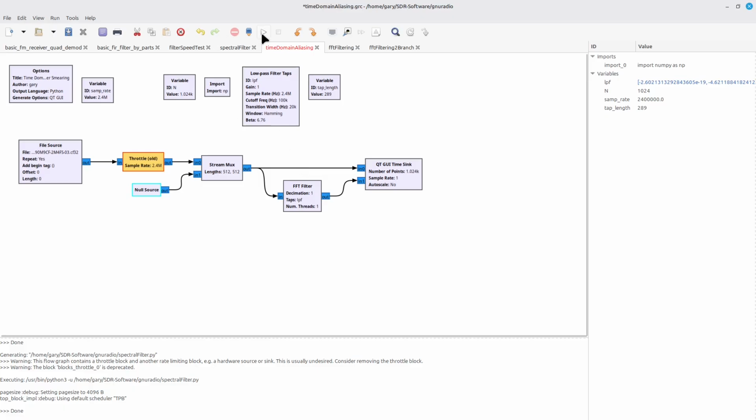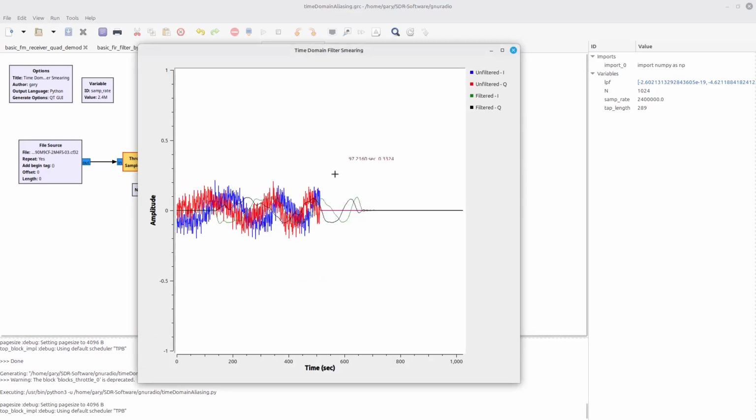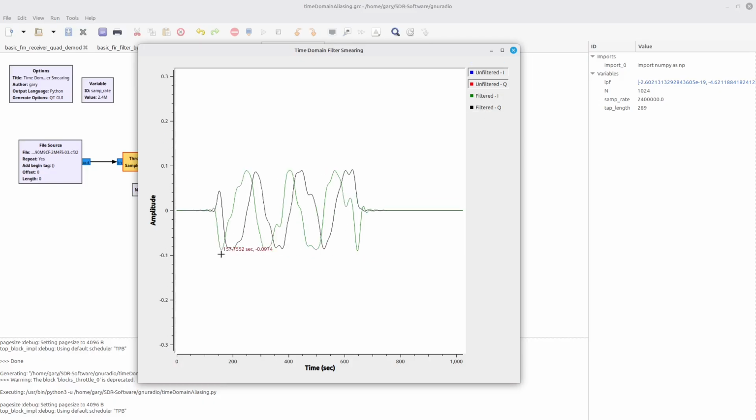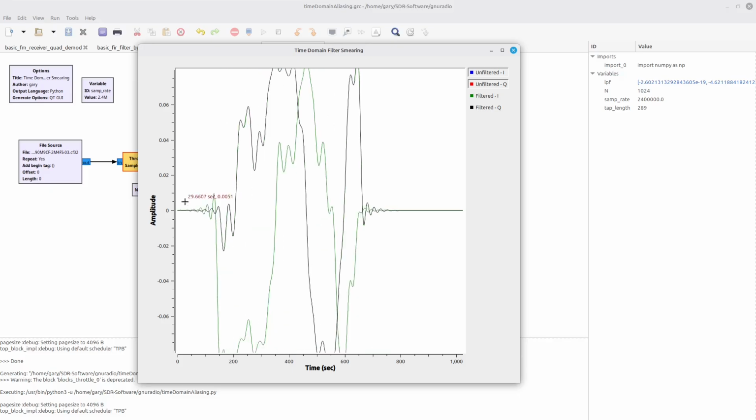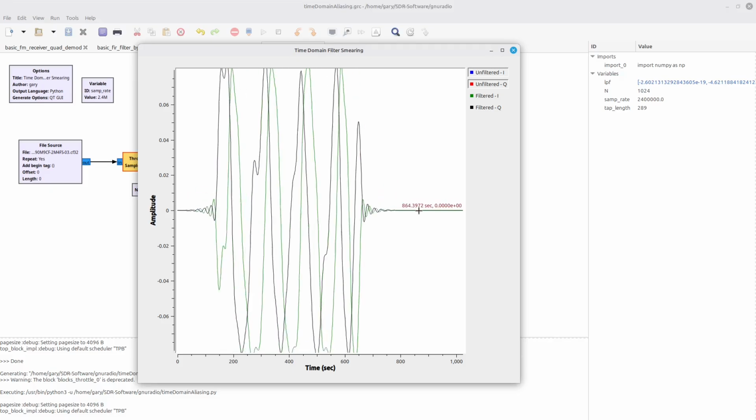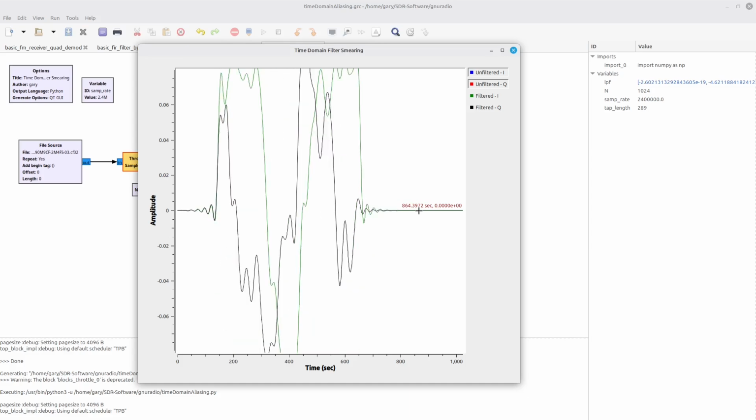And when I run this, you see that this is my unfiltered signal, and this is the part that I'm bringing in, and then the rest is zeros, and then the other part is the filtered part. Notice that the filtered part has some ringing on either end. That is due to the impulse response of the filter smearing it out in time.